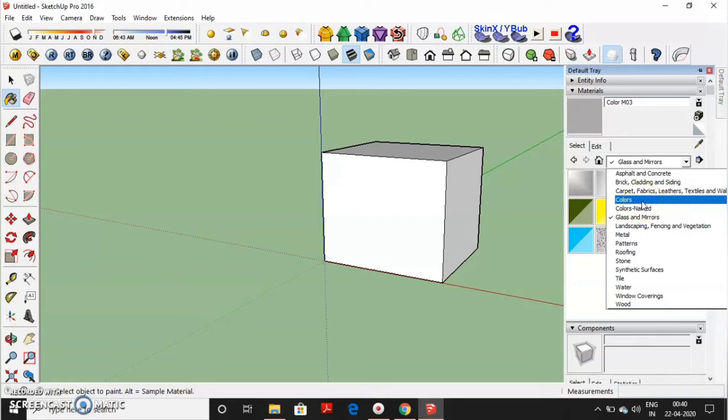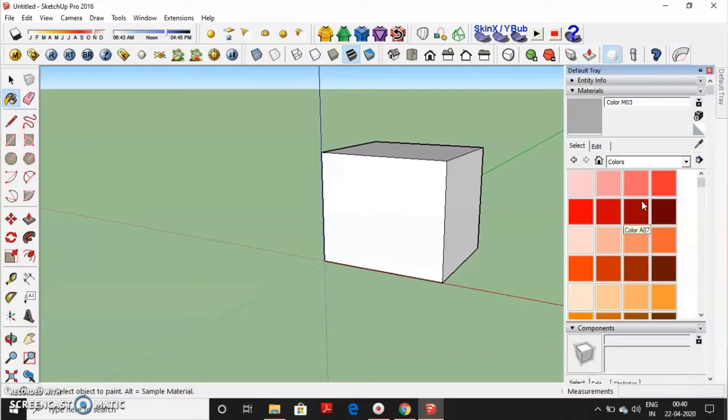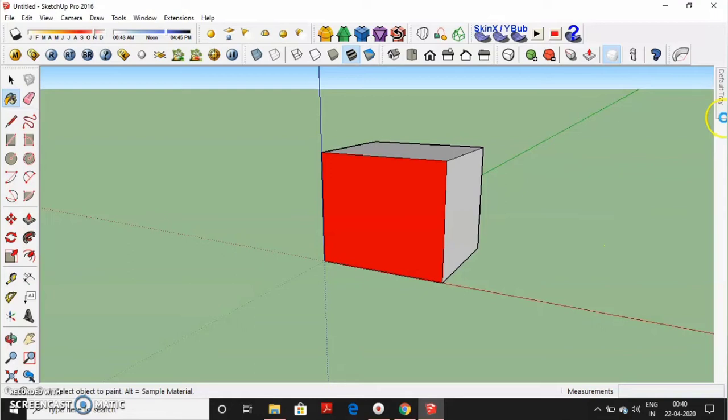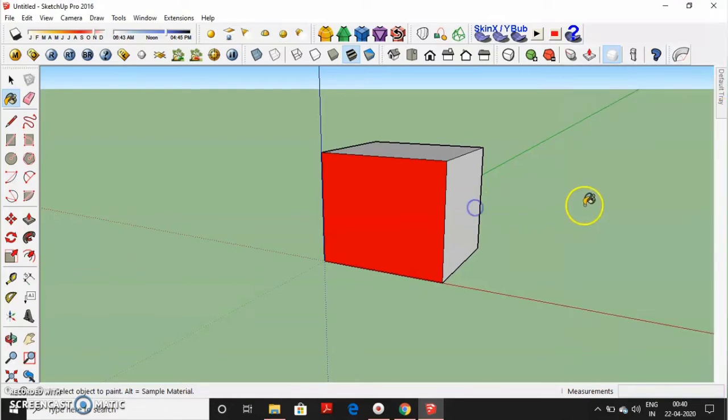I will go with the colors, and I will put different colors on the different sides of the cuboid. Here I will put this color, and this way I will put different colors on the different sides.